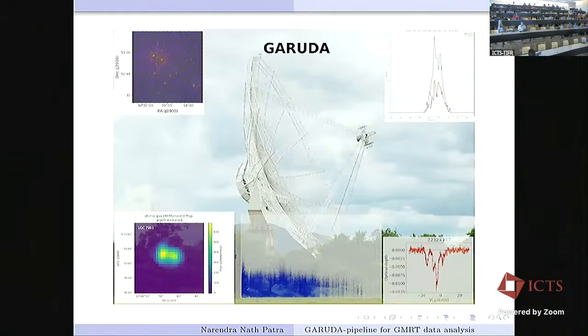Nice talk. We've heard several talks in this conference about different pipelines being developed for uGMRT, some at Indore and NCRA. Is there some effort on coordinating these efforts? For the wide user community, a more unified pipeline would be more visible. For example, it's not clear to me which of the pipelines are better or worse for what kind of applications.